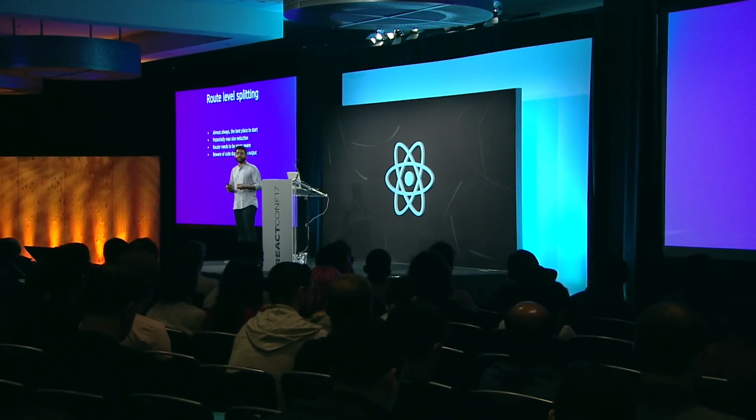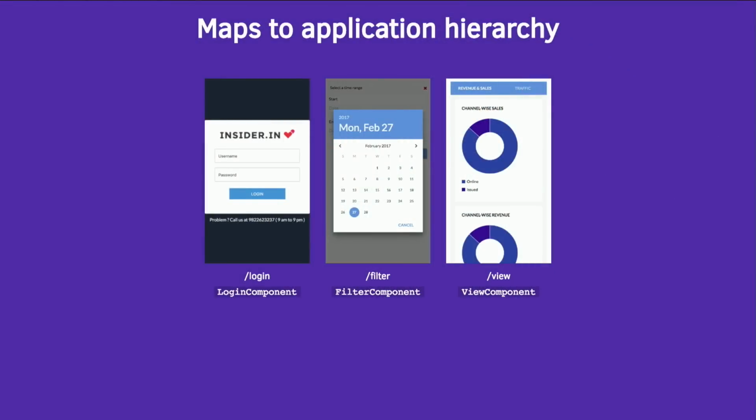And a lot of us end up structuring our React apps in sort of, here are our dumb components, and here are our smart containers that know how to do this. And what you find is if you split a lot at the route level, a lot of these components are reused across a lot of the routes. So you end up having code duplication where the same base set of components are there in every file. So you have to be very careful to make sure that doesn't happen. So here's a really simple example, right? I have a login screen, I have a filter screen, I have a view screen. There's very little in common between the three. So this is an ideal use case for somewhere where you'd code split.